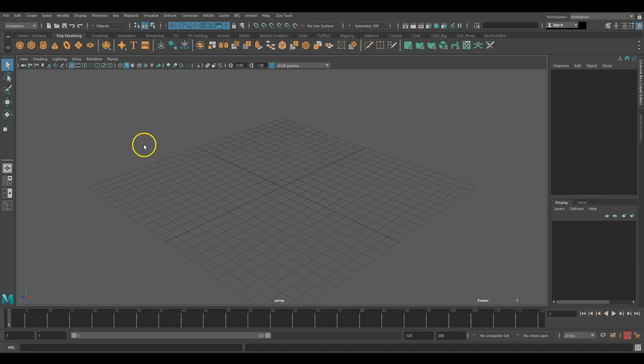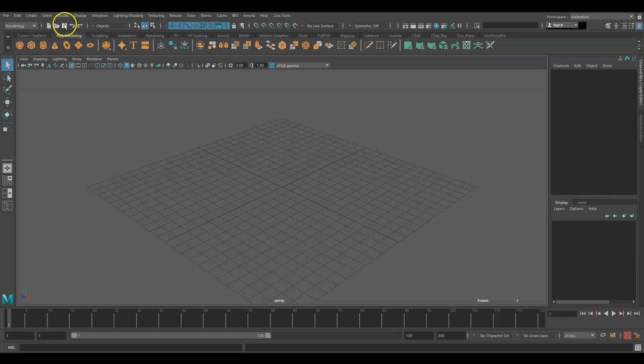You can do so many things in Maya like modeling, texturing, lighting, rendering, animation, dynamics, so many things you can do. We will focus mainly on animation. Follow my cursor. You can see here the animation. It's a menu set. If you change this, you can go to modeling. You will see the options are changed. Some modeling tools. Then you can see the rigging. Then animation, effects. This is the menu set.